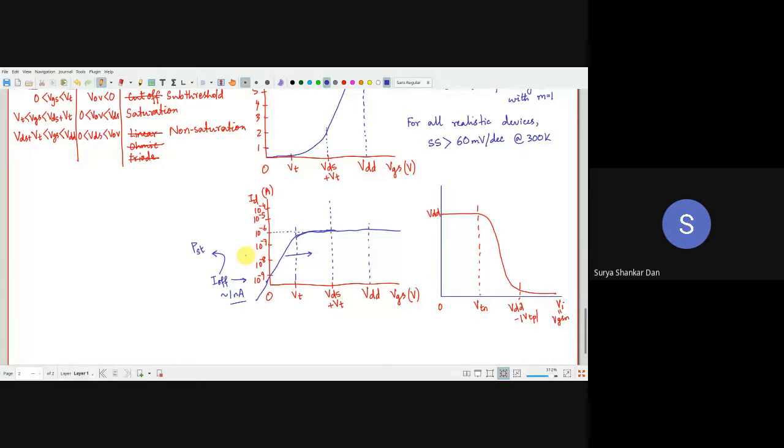Otherwise, it seems so beautiful, right? So if you make VT equal to VDD by 2, wow. PSC, short circuit current, is always equal to 0. Excellent. That's totally gone. And right now, what we see is if we can make VT equal to VDD by 2, that means I'm shifting. This is VDD. This is your VDD by 2. So VT is here. Then what is the situation? You are going to have something like that. Your PSC will also be tending towards 0. So we are actually seeing all glorious things if I can increase the threshold voltage.